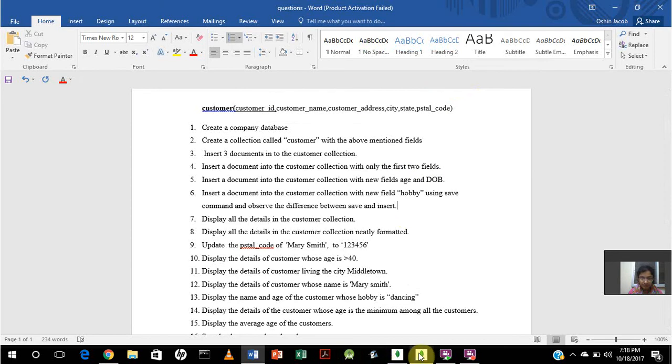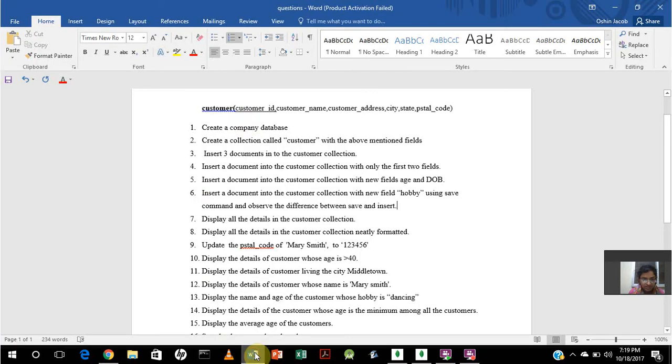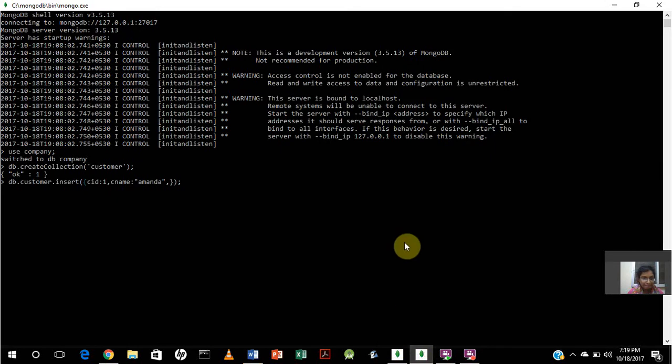So the query used is db.customer.insert of, here we say customer ID 1, customer name Amanda, and then we have customer address, the customer address would be let's say Karunya Nagar,